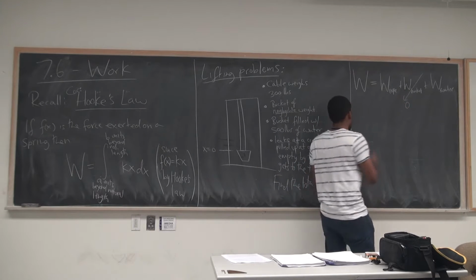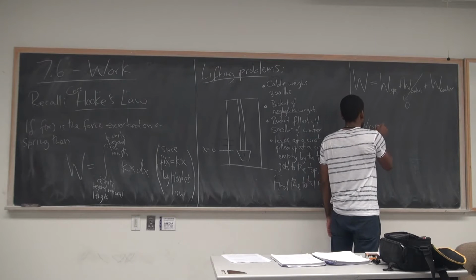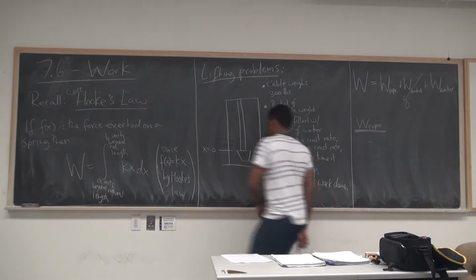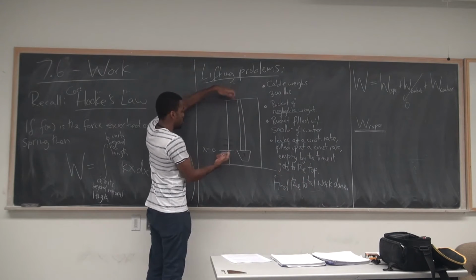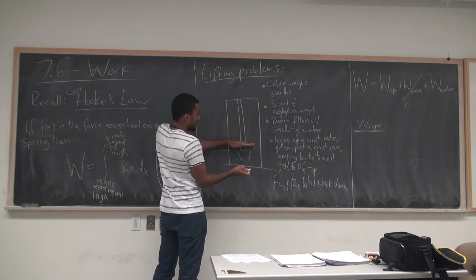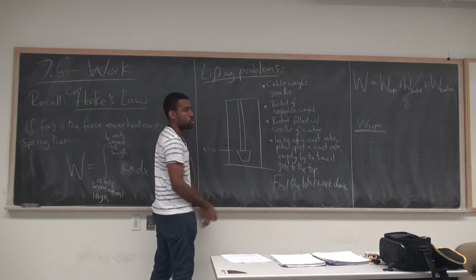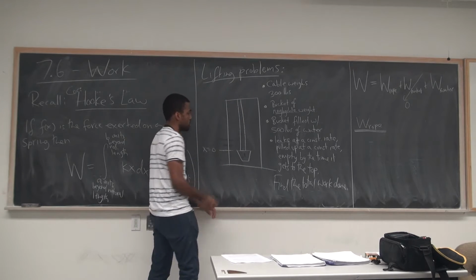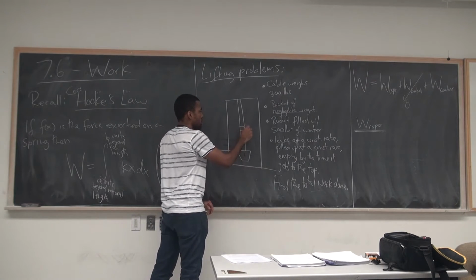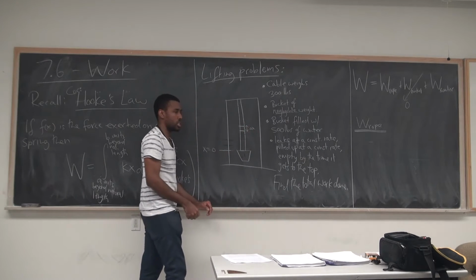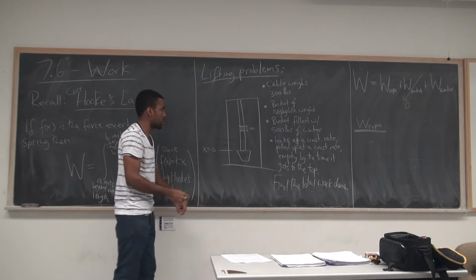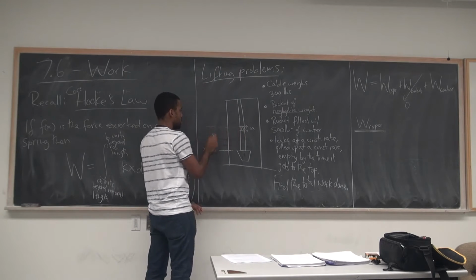So let's focus on one. Let's talk about the work to move the rope. And here's the setup. So we're only focusing on the rope. I put the origin at the bottom. And what I'm going to do is dissect this rope into slices, and figure out the work to move each slice one at a time, and I integrate to find the total. So I focus on one slice here, right? Whose thickness is delta x, some small change in x. And I want to figure out what is the work needed to move that one little piece to the top, right? I consider that piece to be at a level x from the bottom,